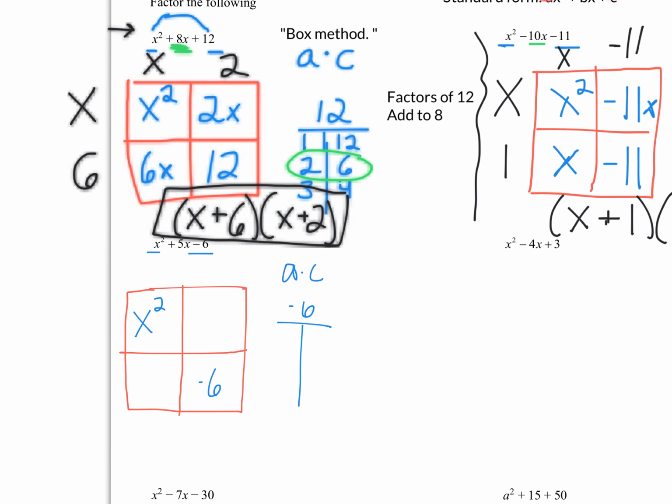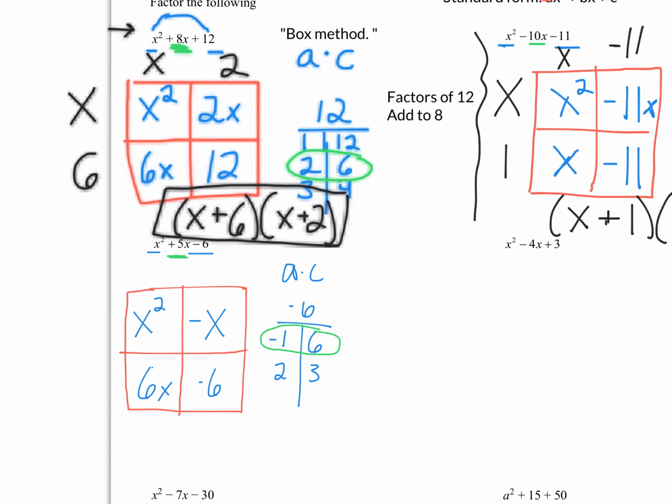Factors. Well, factors are 1 and 6, 2 and 3. Now, one of these has to be negative. Well, we got to think. If we're adding the 5, I'm going to choose this first option, make that one negative. Because that multiplies to negative 6, and that adds to 5. So now I'm splitting this up into minus x plus 6x,